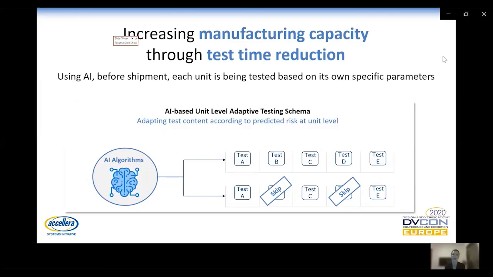The impact of that is huge because, first of all, we are minimizing the test time, and every unit that is being released is actually shipped to customers. So we have the ability to ship more units. And not only that, but we also have the ability to improve quality because we know for each unit exactly which test needs to be performed. And as a result, we can improve the quality. And this is a solution that is generating hundreds of millions of dollars for Intel each year.